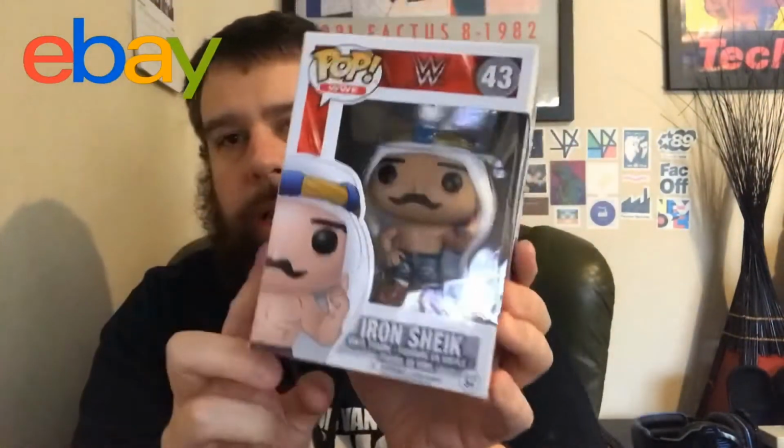I'm not going to take this one out because this one I'm not keeping. Some people would want both, but I just like one character per series. Really happy to have got Iron Sheik. And for £20 for two pops, with one of them being a Chase, I think that is a pretty good deal. The Iron Sheik goes into my wrestling collection, and those of you who've been watching my videos for the